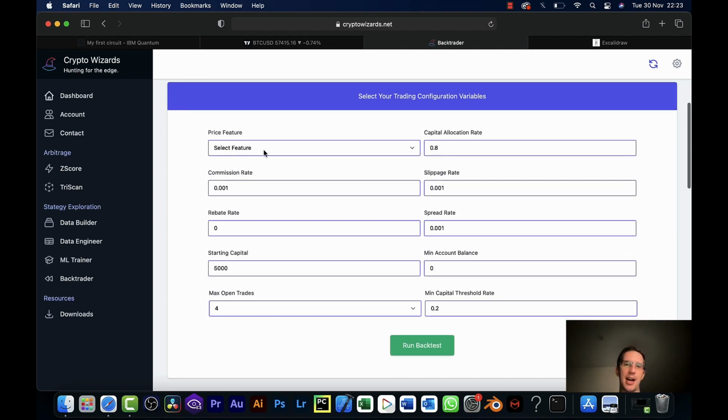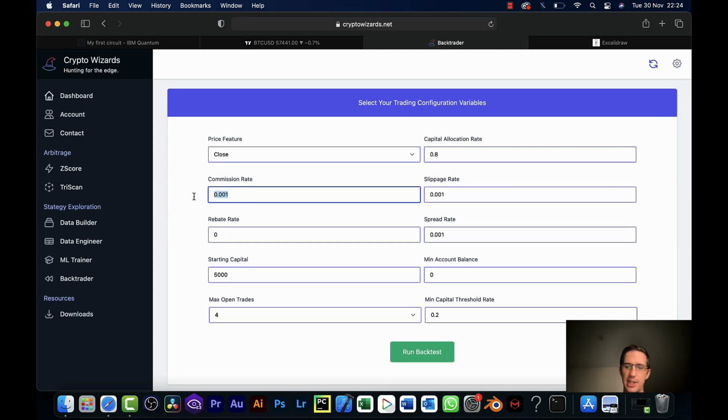And when I go up here, I want to use this close price as the price to trade based off of, because the algorithm needs to know, well, what price are you trading? Well, it's the close price. That's where I'm assuming I'm going to buy at. That's where I'm assuming I'm going to sell at. And in terms of commission rates, etc., right now I'm going to put all of this to 0. Normally I wouldn't, because commission is actually what costs money. It's actually what most of the time makes you lose in trading. But I'm going to put all these rates here to 0 just to prove the point about randomness.